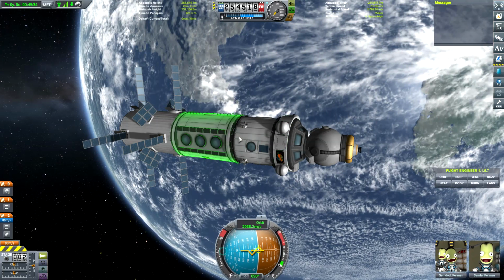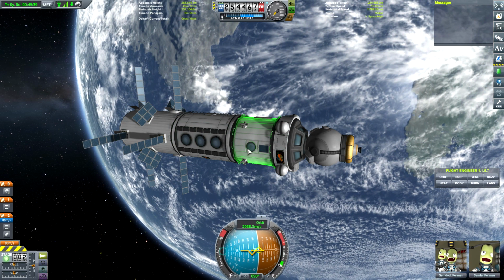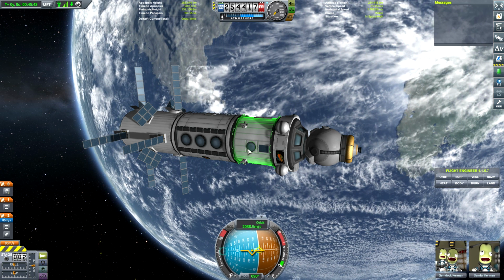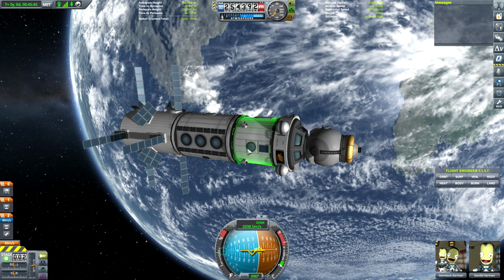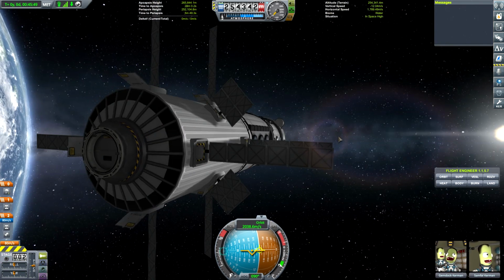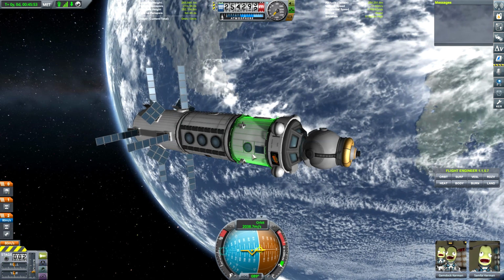This does not have a probodobodyne controlling this station at all, so it will be completely unmanned if we leave it like this, which is fine. We're going to bring some scientists up here, rendezvous with the satellite. Why do I keep saying satellite? Rendezvous with the station, and then